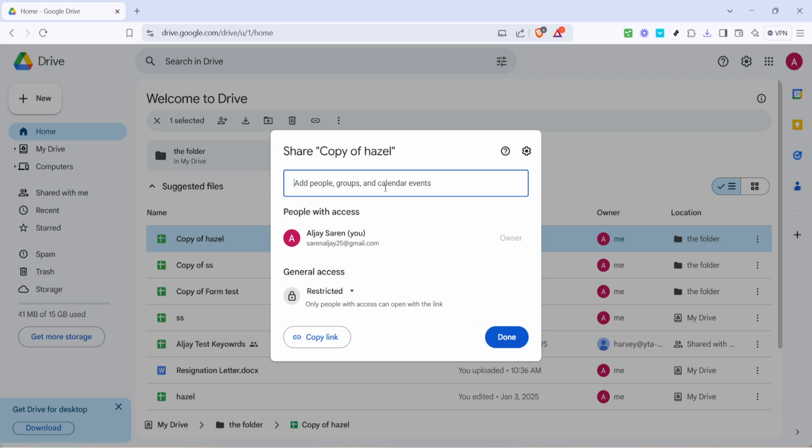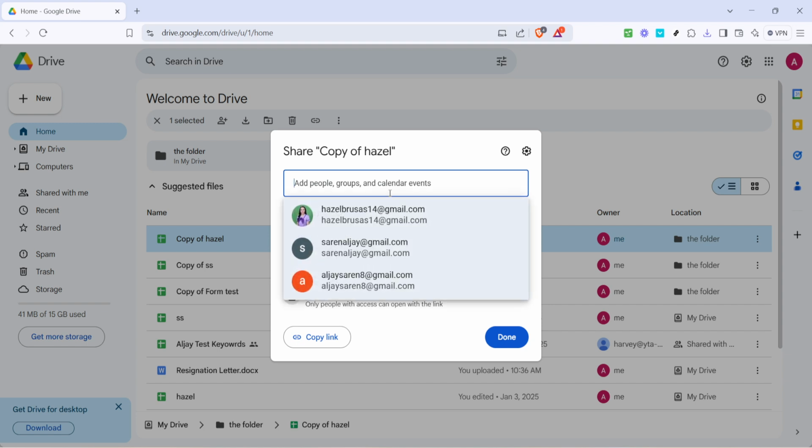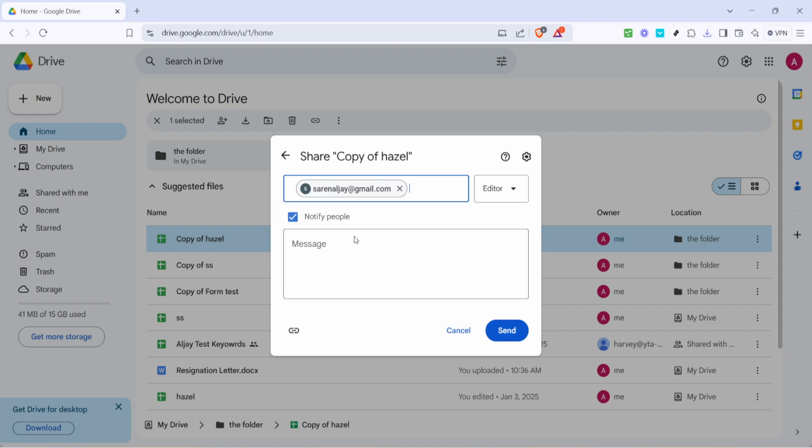At this point, you'll need to type the email address of the account to which you wish to move or share the folder. Ensure that you have typed the email address correctly to avoid any sharing mishaps. After entering the email address, you should see an option to add a message or change permission settings. This could be a good opportunity to adjust access levels or add a note if necessary. However, in most cases, leaving the default settings will suffice for a standard folder transfer.